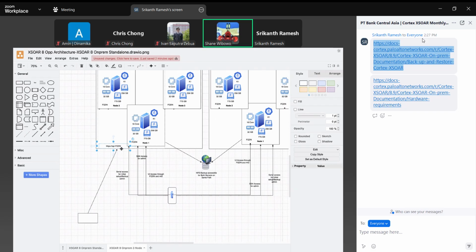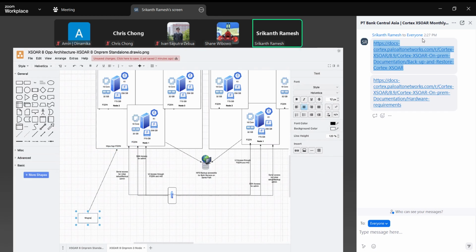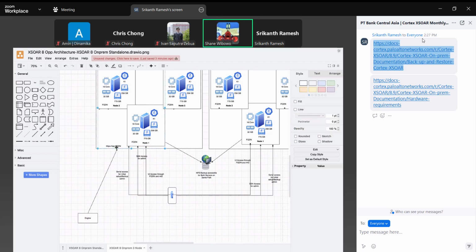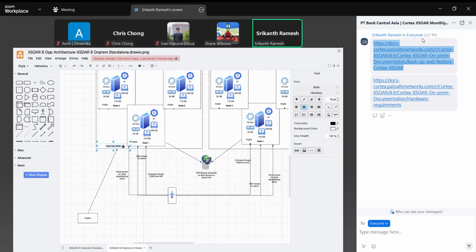So it won't have a different logic or a different way to connect compared to the 612? No, it's exactly the same. The only thing that changes is, since we are doing the load balancing, you're not going to connect directly to a single node. You will connect to an FQDN with a prefix. Based on this FQDN, you will actually have two more FQDNs. One is this, and the other one is this. For all your EDLs, we use this EDL hyphen FQDN, and for the engine, we use this API